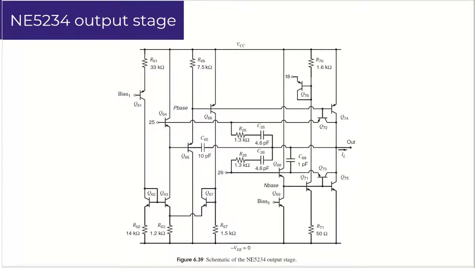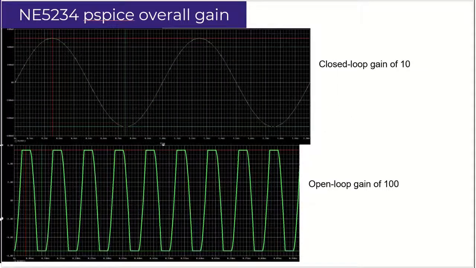This is the schematic of the output stage. The NE5234 does not use an emitter follower configuration for the output due to the low supply voltage limitations. Nodes 25 and 26 are the inputs coming from the